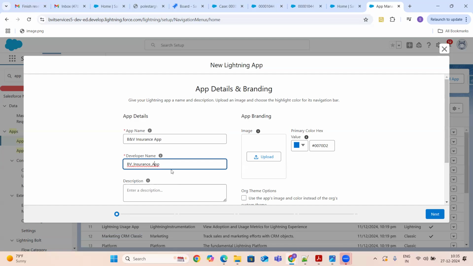The difference between the normal name and the developer name is that normal names are the display names that you see in the front end, while developer names are the back end storage names, so they should not have spaces. When you give the app name, the developer name is created automatically with underscores. You can write some description, for example, handles all insurance related operations.